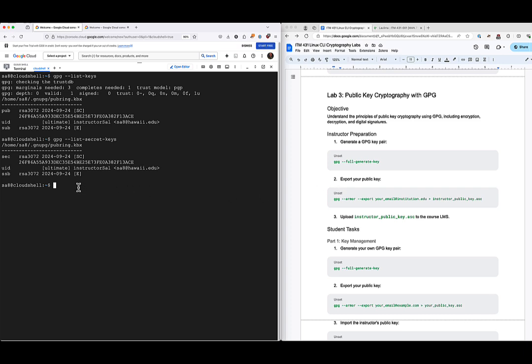Now, I'm going to go ahead and copy this right here because I am lazy. I'm going to paste it in, and yeah, you gotta go, and I'm just going to update my email address here. Everything else is going to be good. SA8 at hawaii.edu, and instead of instructor,